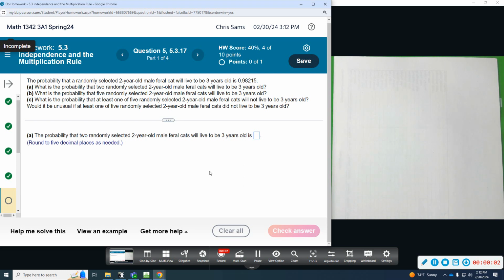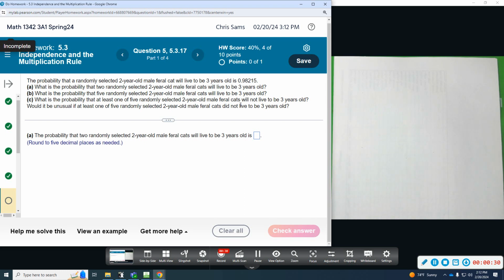All right, question number 5, we have 4 parts. It says the probability that a randomly selected 2-year-old male feral cat will live to be 3 years old is 0.98215. So A says, what is the probability that 2 randomly selected 2-year-old male feral cats will live to be